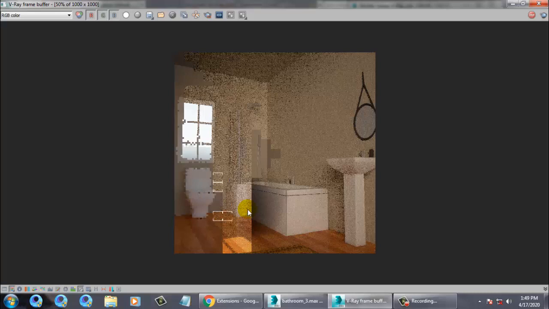Let's check out the differences. We have activated the GI over here, that's your global illumination.